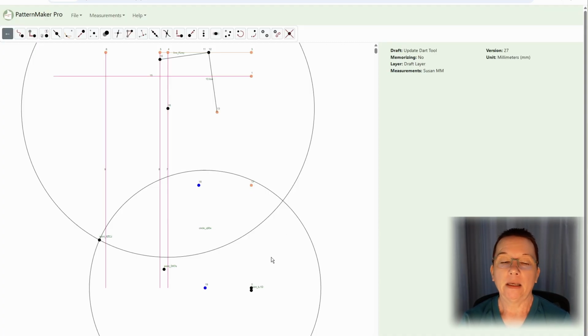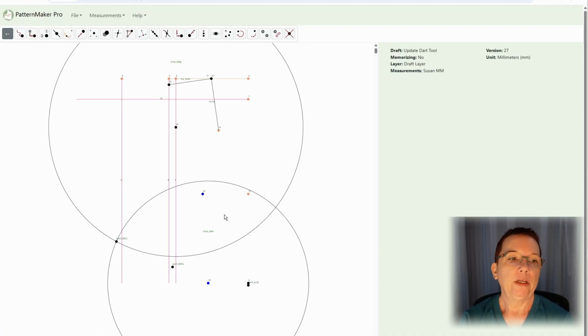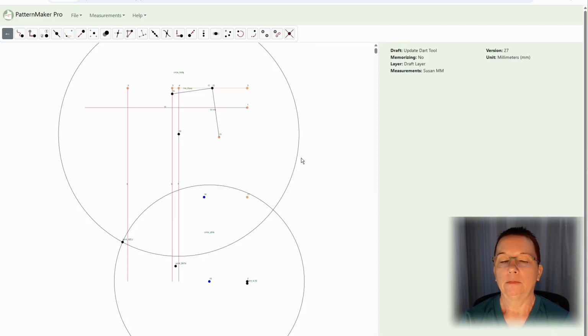For instance, in my case, it calculates to 0. I don't need any additional length down the center front. And so if this draft is memorized and recalled with my measurements, it creates this point with a value of 0. It's right on top of the old one. So it doesn't interfere with the draft in any way. It won't error out. It'll run. It'll still be correct. And then you can reuse your pattern for multiple people, regardless of what size bust they